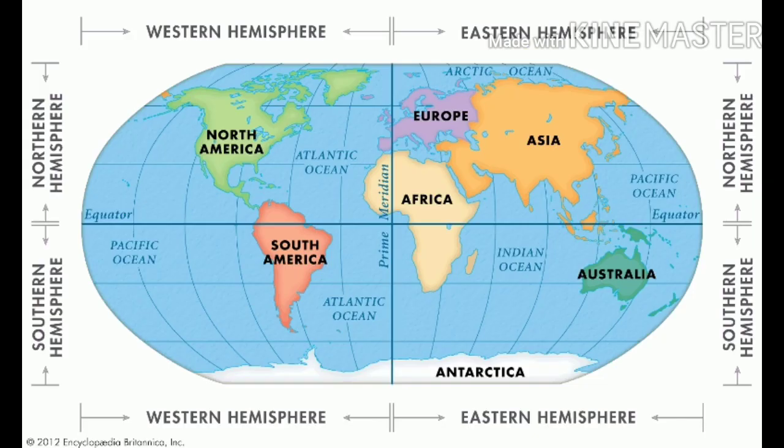Listen, another important thing is that before the construction of the Suez Canal we had to travel in this way to Europe and Asia. But after the construction of the Suez Canal we can travel in this way through sea routes. You may now think that here there is land, so how can anyone go by ship here? Listen, this is the Isthmus of Suez, which connects Africa and Asia.